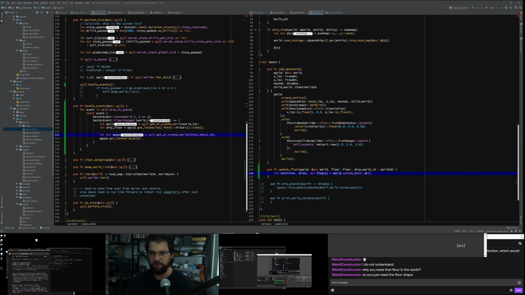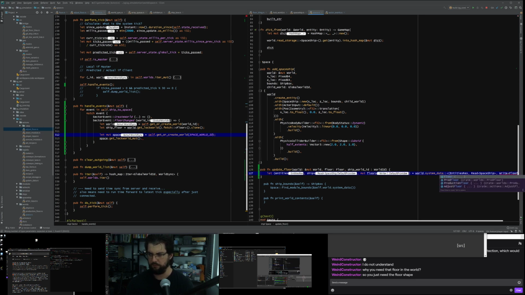So, what system data do we want? Well, we want a tuple. The tuple needs to contain entities, Entities. That's what entities are. It needs to contain read access to spaceships, and write access to floor.